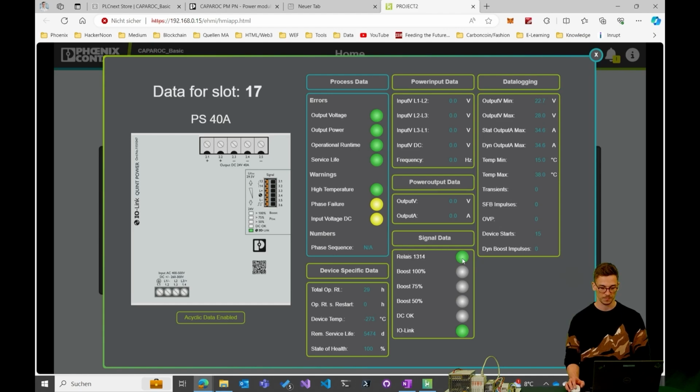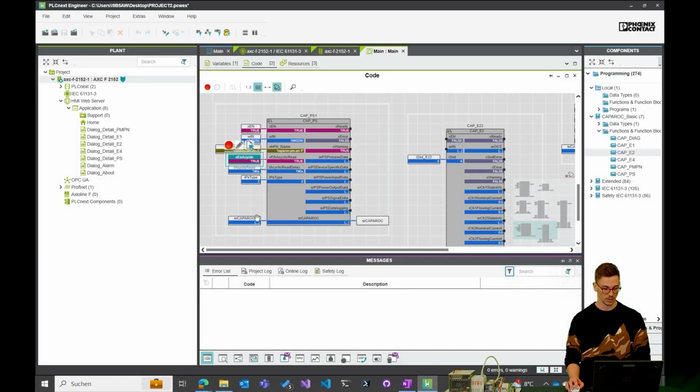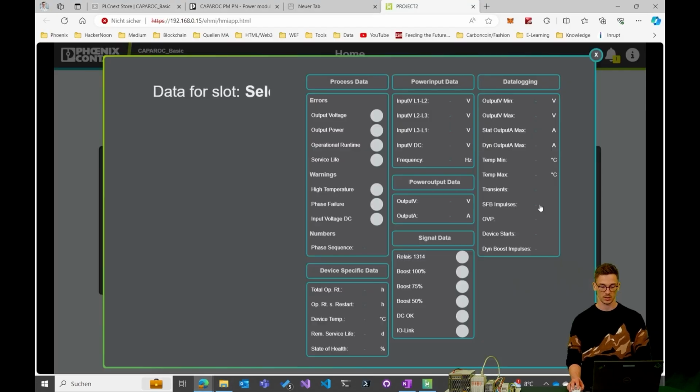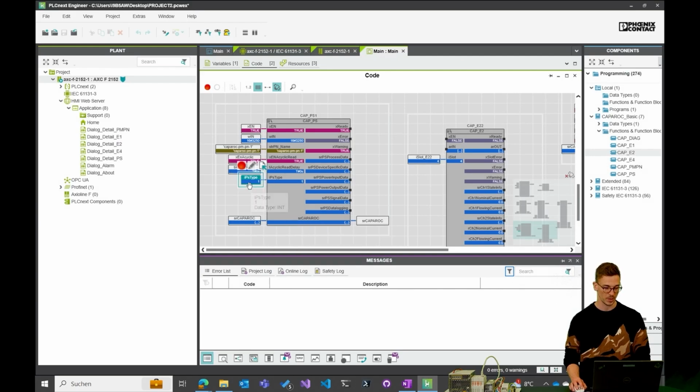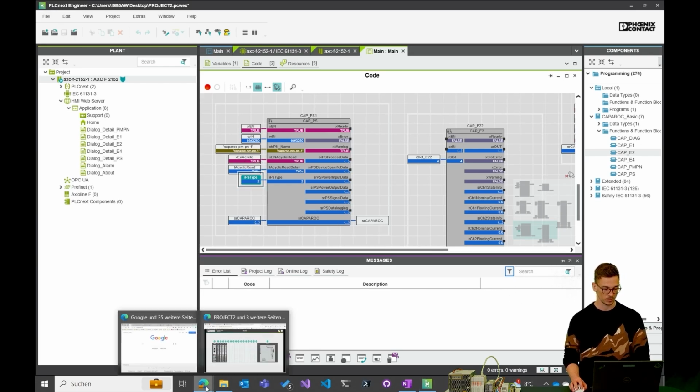So you can see the different data for the subslot 17, and I could also show you, for example, if you set this to 1, in case you have the 20 ampere quint power, you can see it here. You can display it here over the PS type, but we're using the 2, so the 40 ampere.